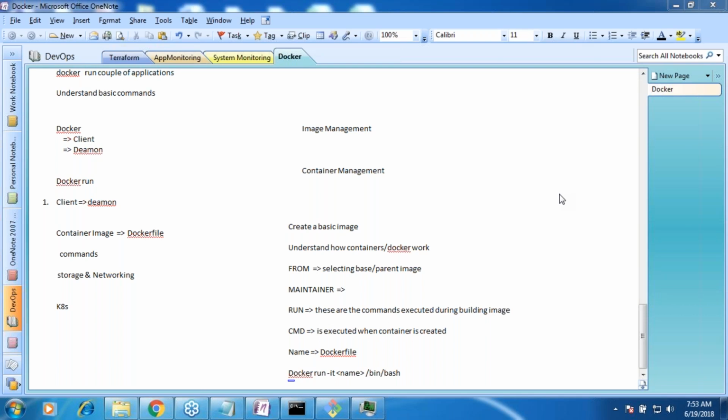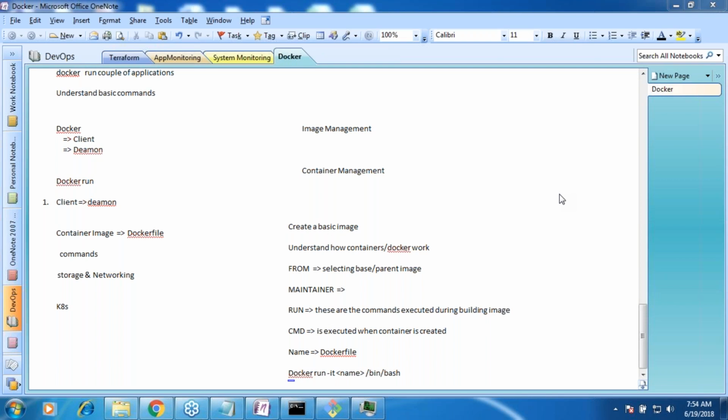How to log in to the container via SSH? For that, you need to know how to log in using SSH. What are the different things you need to know? I need to know the IP address. I need to know the username and password. Since I don't know them, I'm using the much easier way. If I know the username and password, if I've created a Docker image which has some username and password, you can use the same SSH command and install the SSH service inside your Linux machine, because by default you will not have an open SSH server running. Don't expect it to be a machine. It is very thin.